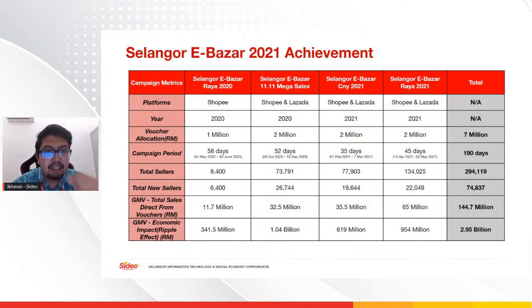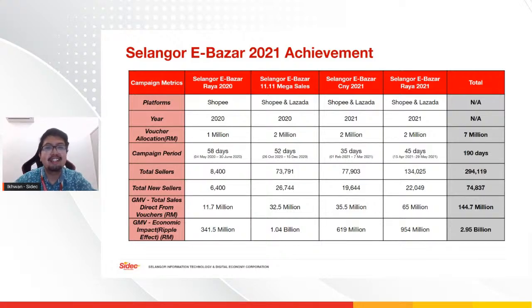So as you can see here, this is our eBazaar 2021 achievement. From eBazaar Raya 2020 until eBazaar Raya 2021, we have generated up to 144.7 million. As you can see here, 144.7 million is quite a big, huge amount. So what can I say? This program is really successful, and I can say that many Selangor sellers have taken proactive action. Apart from selling conventionally, they have adopted digital and e-commerce to sell online to make sure that their